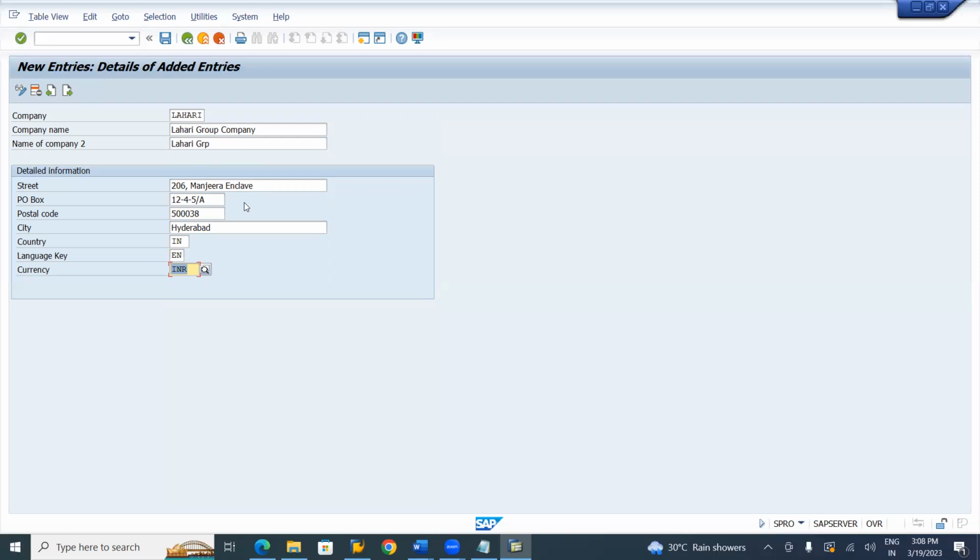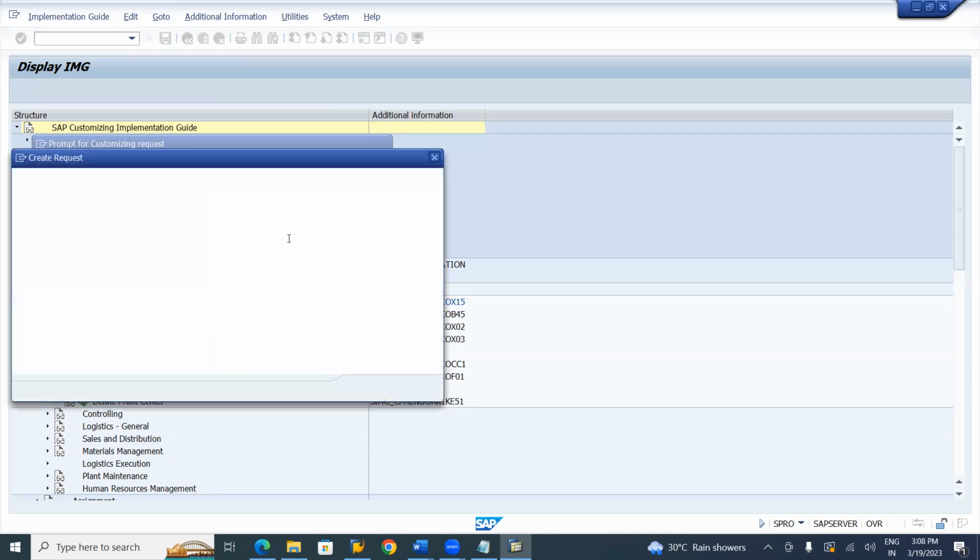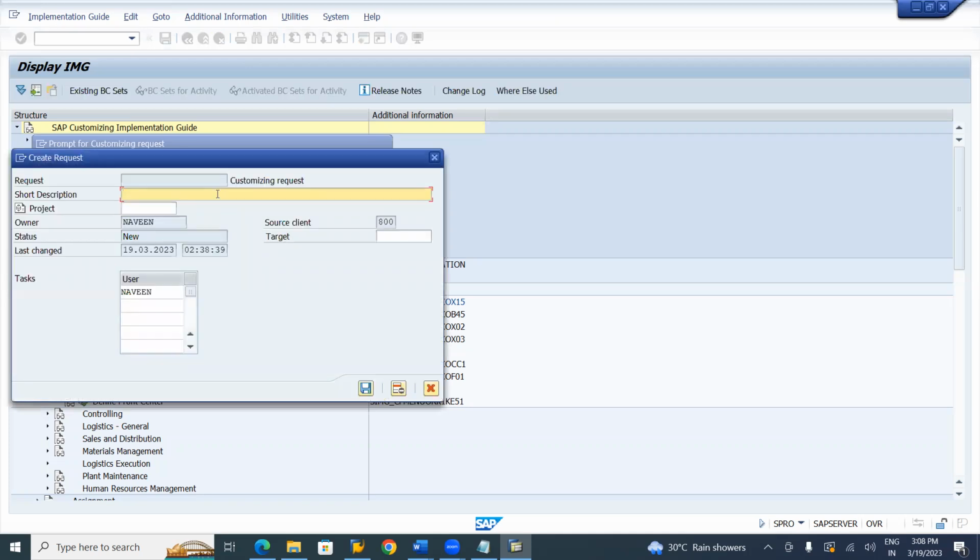Is it done, everyone? Yes, sir. Can I save it? So click on the save button. Then it will ask for a transport request. So here it is showing Ultra. So I would click on create request. So we need to create our request. For the FICO configuration we are doing, client dependent underscore,